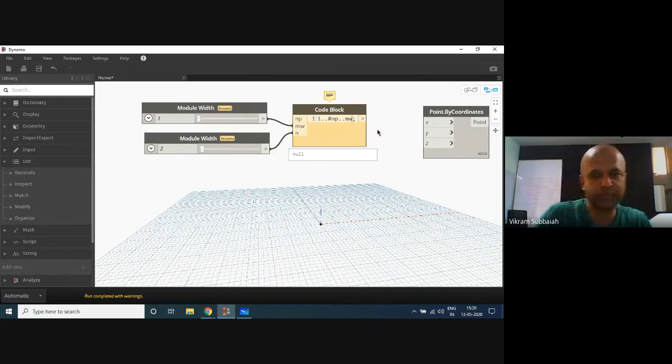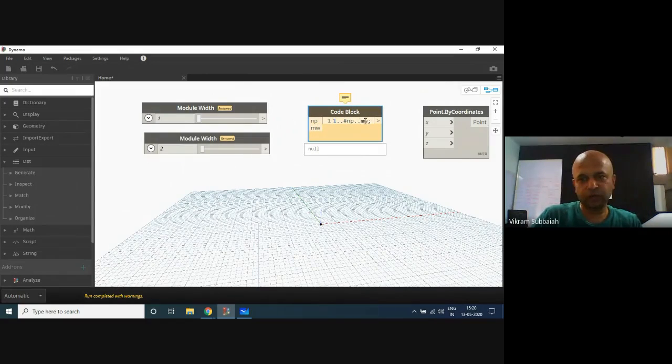Spacing, module width. Whatever the module width, it should be the spacing from one point to the other, but we want another point in between, right? So module width divided by 2 should be the spacing, and the number of points should be based on the number of modules.